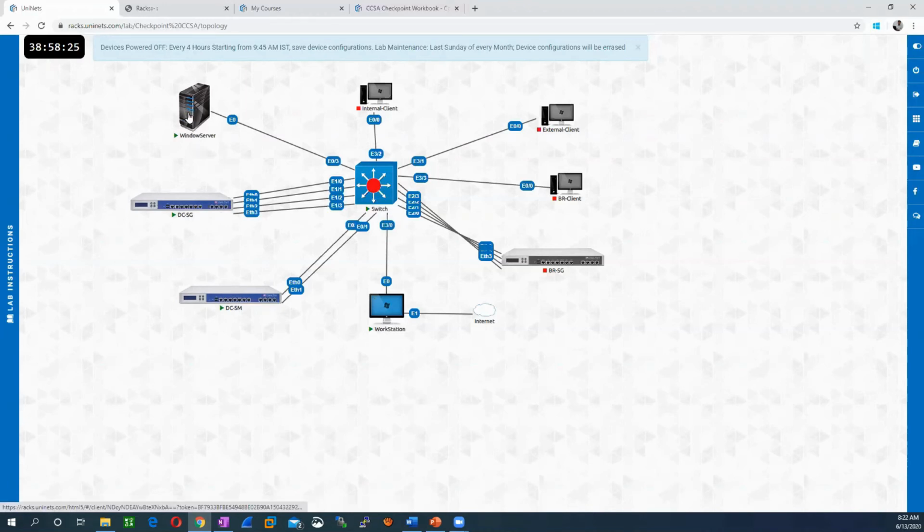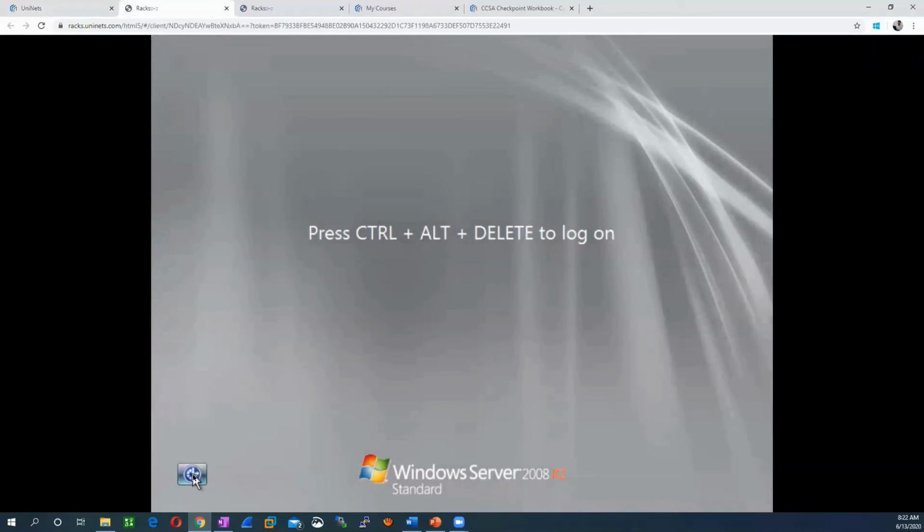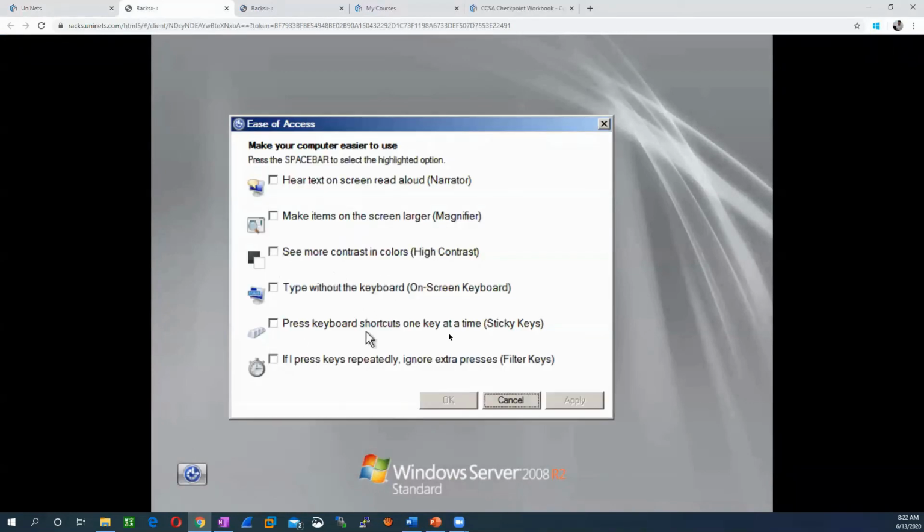So let's come to the Windows server and let me log in here. On screen keyboard.